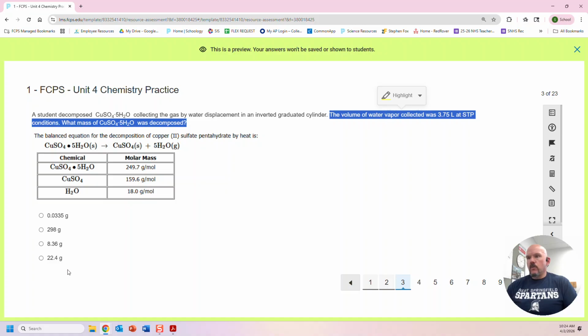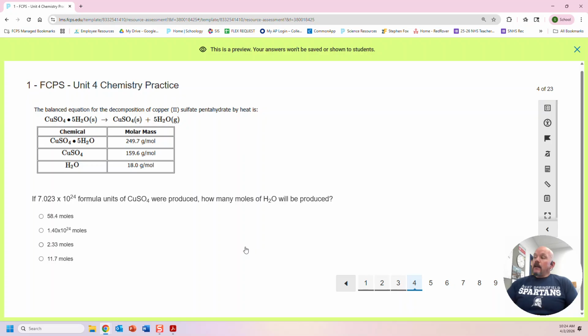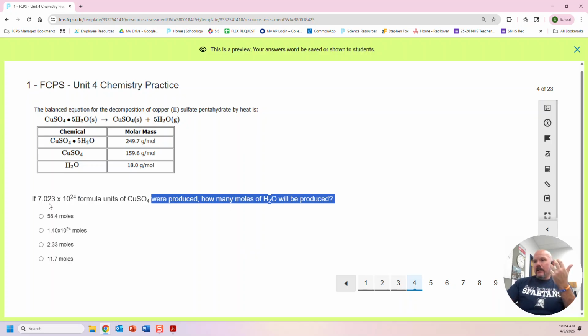So it was 8.36. All right, moving on. Again, more stoichiometry. So this is just a real test. Do you know how to convert from some amount of something to moles, right? So here it's just asking how many moles of water are produced, but they give us formula units of